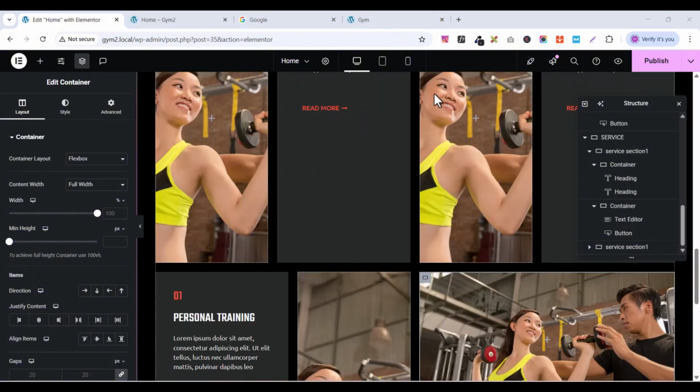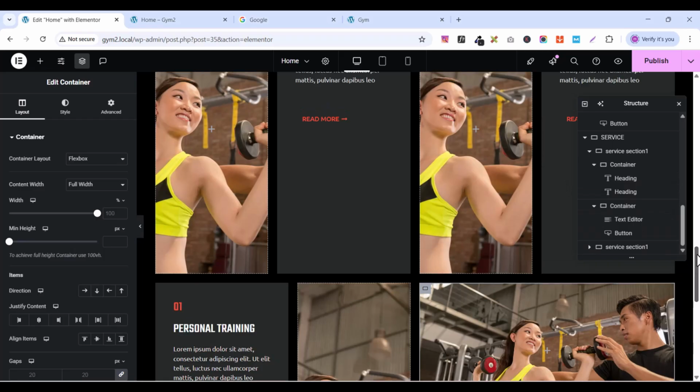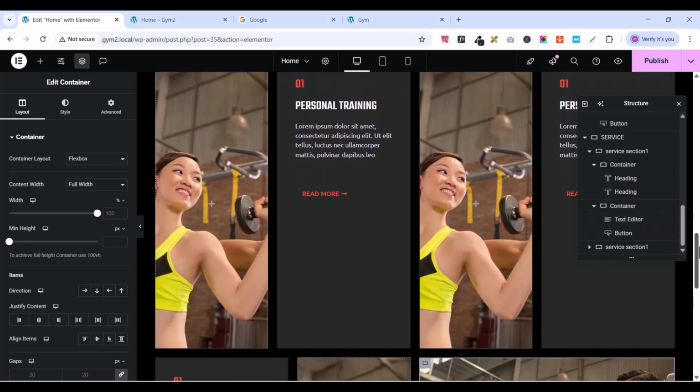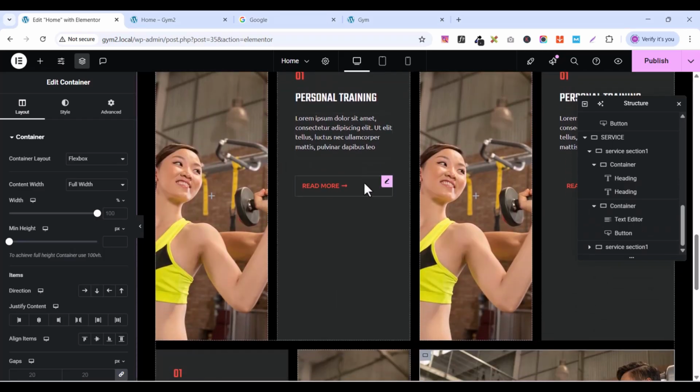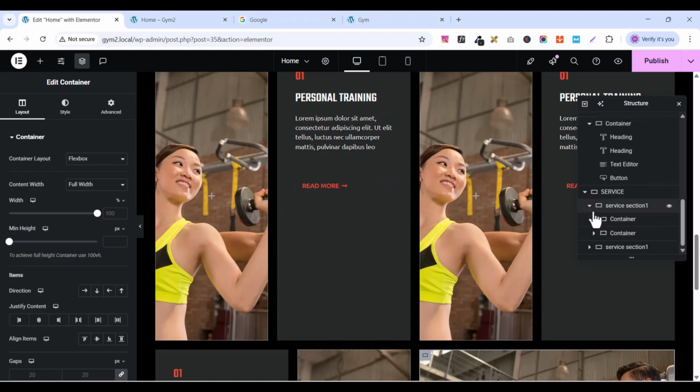Oh, okay. The reason why this is happening is because I didn't stretch the second container to the first container to stretch at the same sizes. So what I'm trying to say is I created two containers and I need to make the second one the same size as the first one, but I didn't do that. So that's the reason why this is causing that, but we still are going to fix it. So let me fix it here